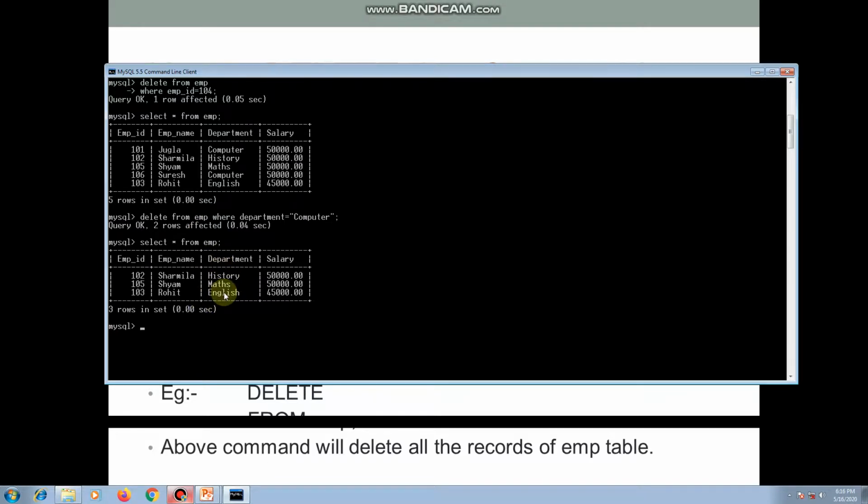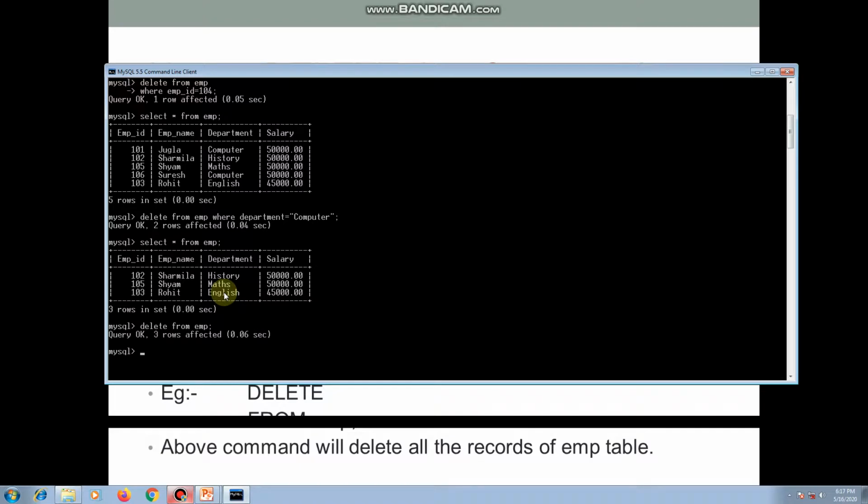If you omit or remove the where condition from your delete command, then this command will delete all the records of your table. For example, if I use a delete command without a where condition, then it will delete all the records of this table in this way. For example, delete from emp semicolon. I am missing the where clause here which specifies a particular row to be deleted.